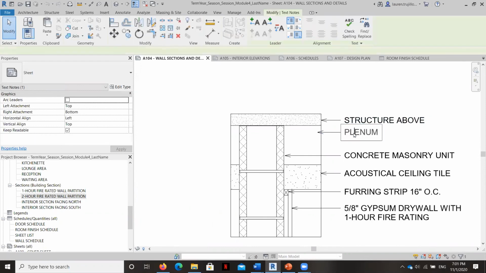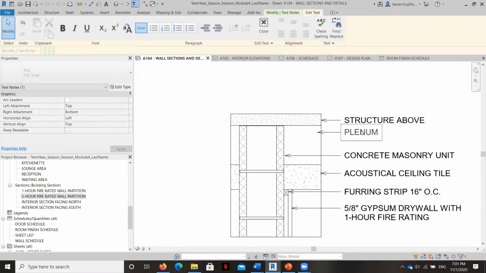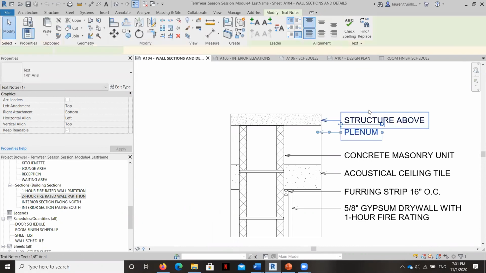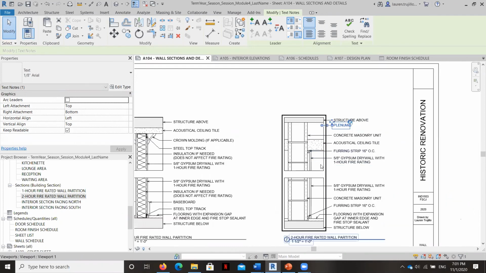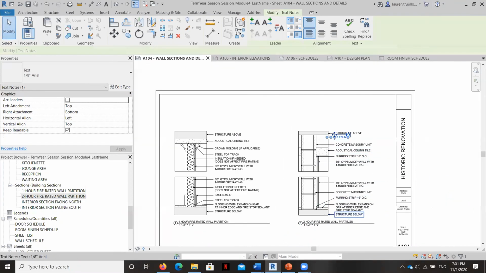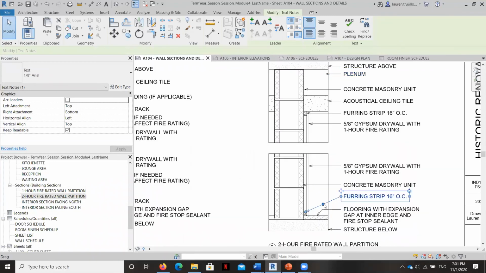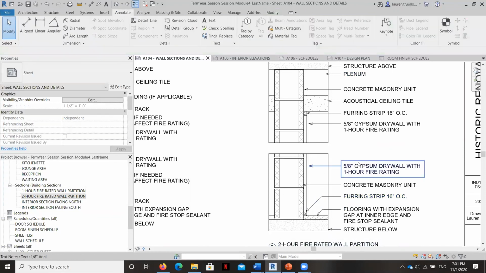You can just double click and overwrite these pieces of information. So if you want to just copy and boom, boom, boom, paste, paste all of your labels and then just overwrite them, you can. But you can see here, I've got all my labels in and all of my leaders are looking good. I'm going to go ahead and move this one up and over so that it's aligned nicely.